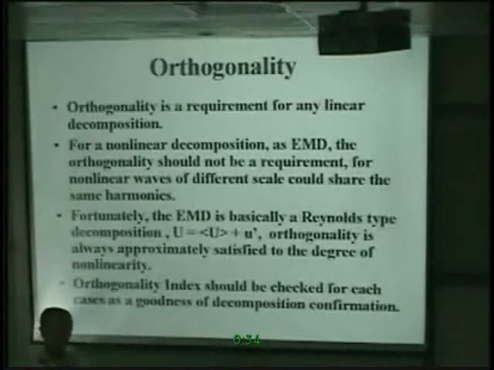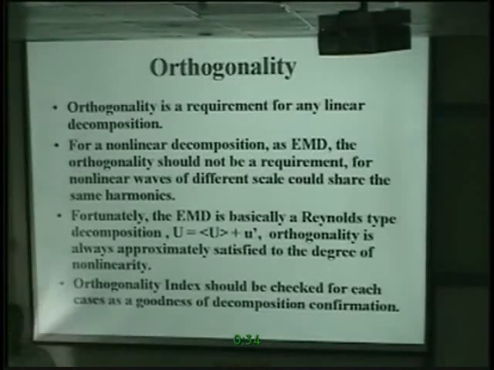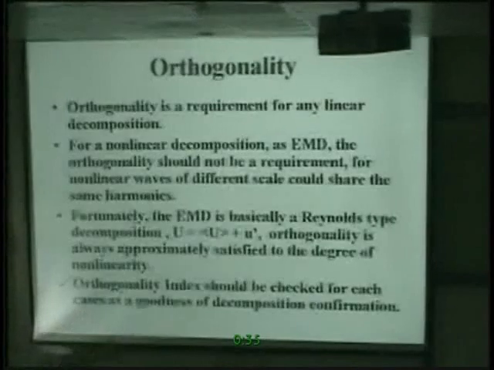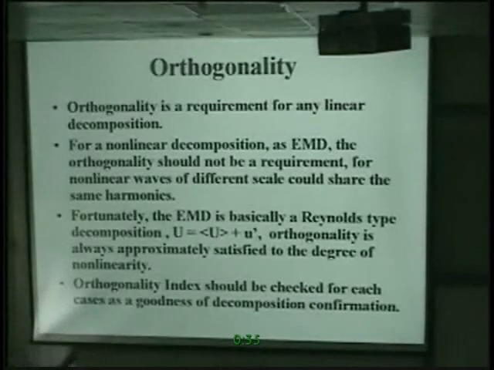But the Fourier orthogonality is based on infinitely long data. When it's infinitely long, if A does not equal B, it is definitely 0. So if you have finite data length, or only a few waves, then this condition may not be totally satisfied. But for me, I always check the orthogonality.